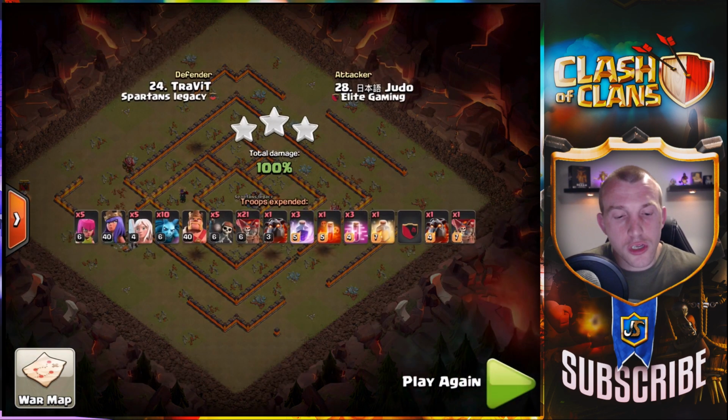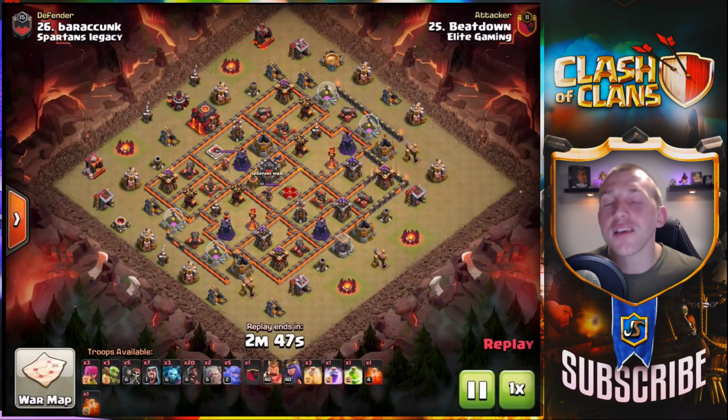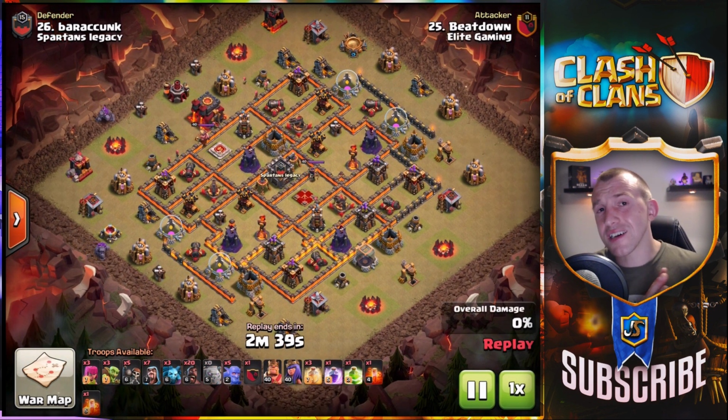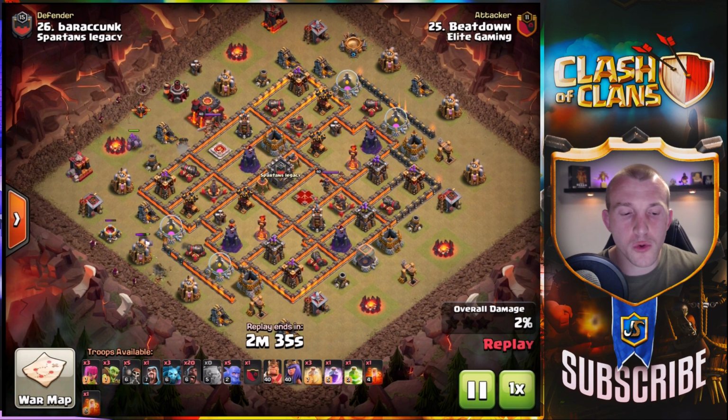Let's move on to the next one, where we are going to feature the Hog Riders. Now, beatdown is amazing with Hog Riders. He 3-stars this like nothing, and he 3-stars with the Hog Riders like nothing as well. Again, he does tend to come in with a kill squad, often comes in with a queen charge as well,